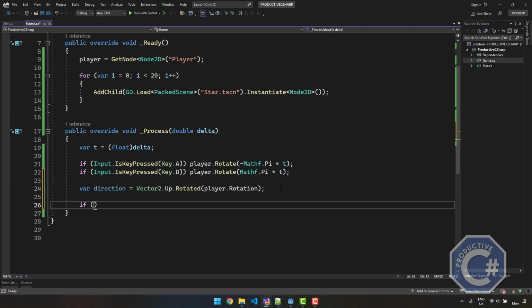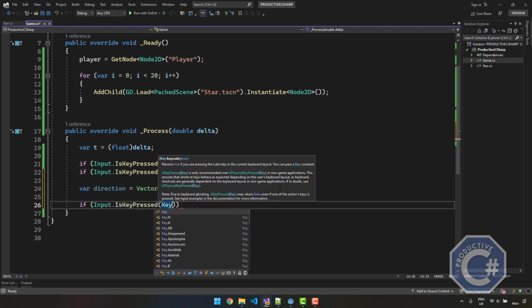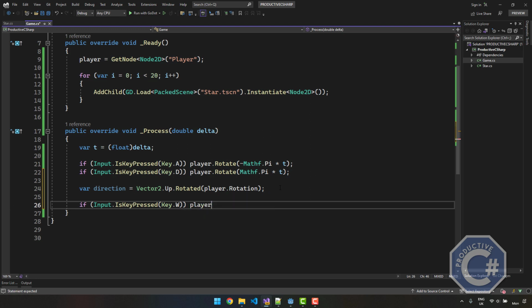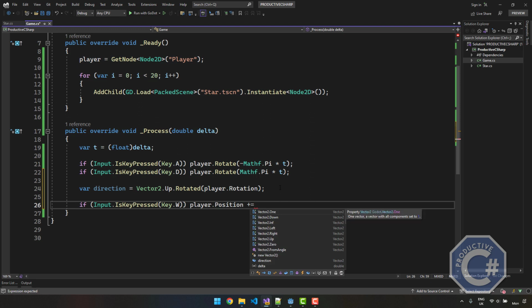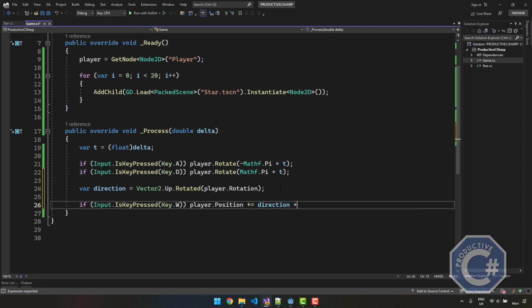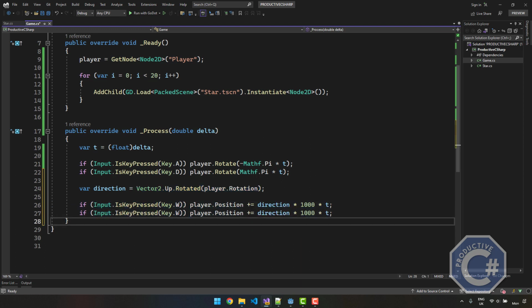So now what I can do is, again using the Input class, if the key pressed is W, I want to go forward. And we know how to do that. I can change the position of the character by adding the vector direction times a speed, let's say 1,000 pixels per second, in the direction of the player. And if I use the letter S, I want to do exactly the same, but going backward. So if I run this code,